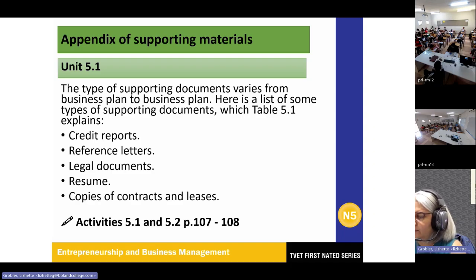Then a resume. I'm going to add a resume to your packs. I've actually added it in this morning to be copied. I don't know who of you do have a resume. Put up your hand quickly. It's like a summary of your CV. No one. Okay. So I've included a resume for you for one of the people who, it's just an employee.